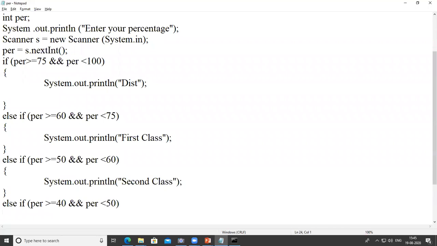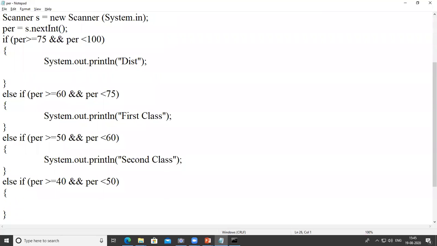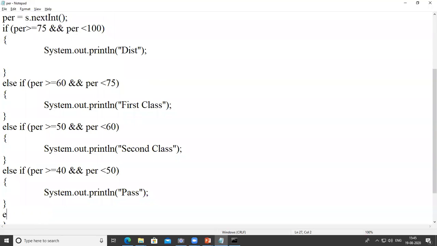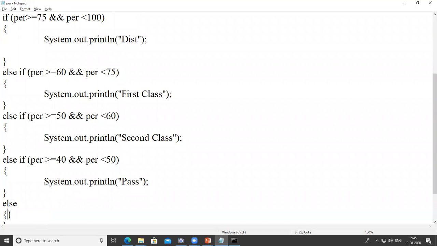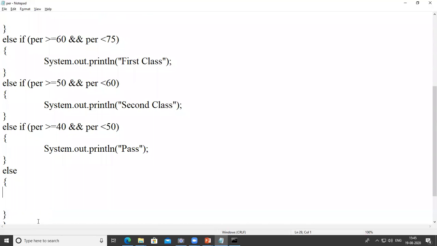Then System.out.println "pass class". So I write here "pass" only. And finally we write the else: System.out.println "fail".